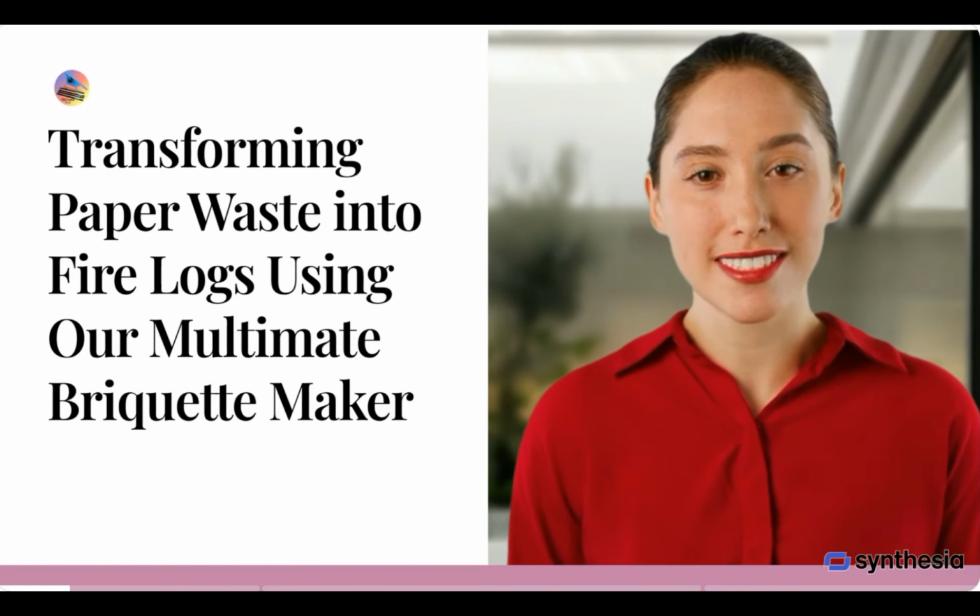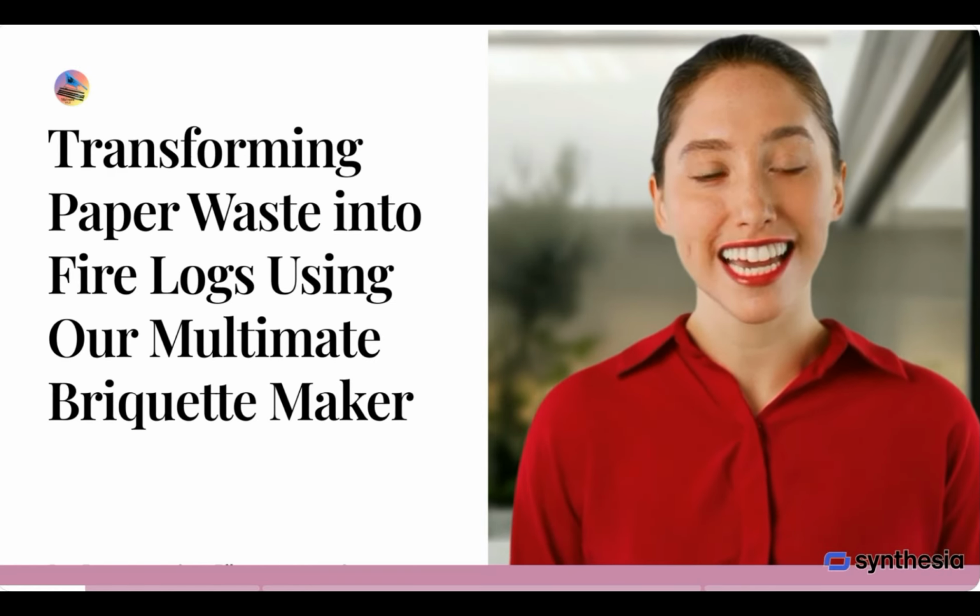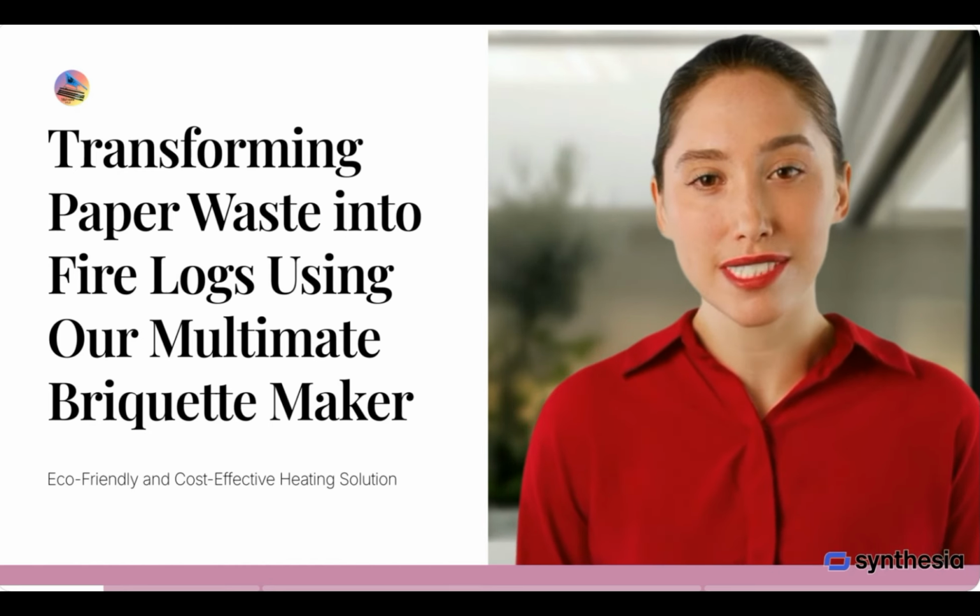Paper and cardboard can do more than just clutter your space. It can actually heat your home. Discover how transforming paper waste into fire logs can be both eco-friendly and cost-effective using one of our Multimate briquette